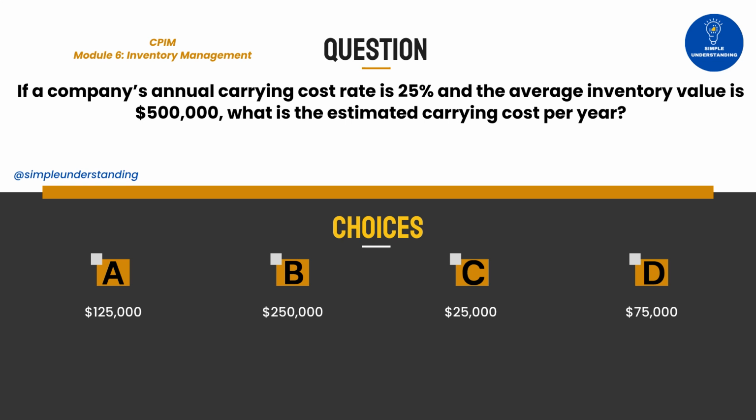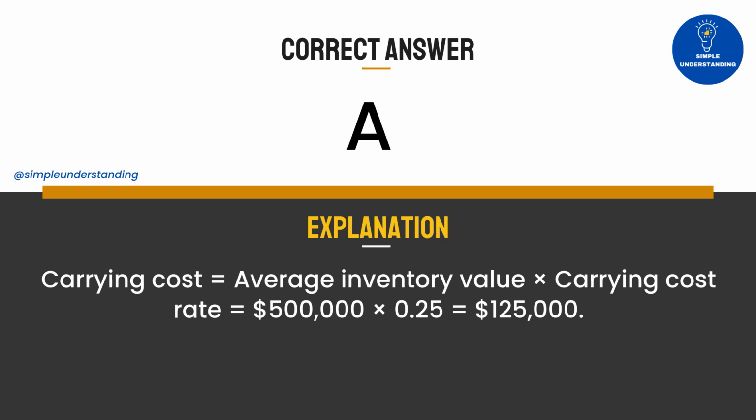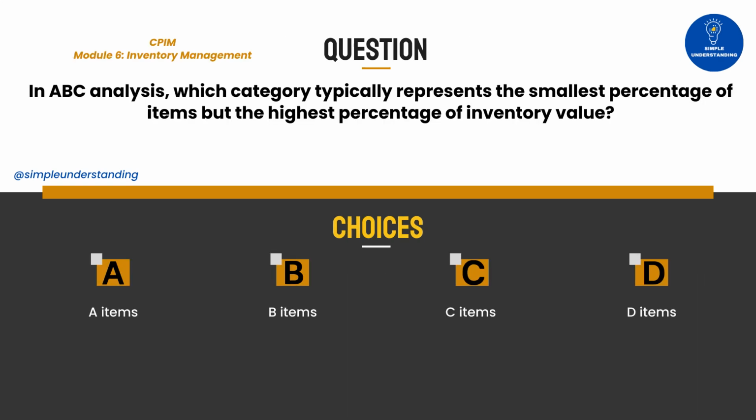A. $125,000. B. $250,000. C. $25,000. D. $75,000. Correct answer: A. Explanation: Carrying cost equals average inventory value times carrying cost rate, which equals $500,000 times 0.25, which equals $125,000. Question 6. In ABC analysis, which category typically represents the smallest percentage of items, but the highest percentage of